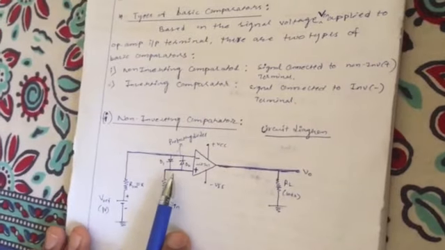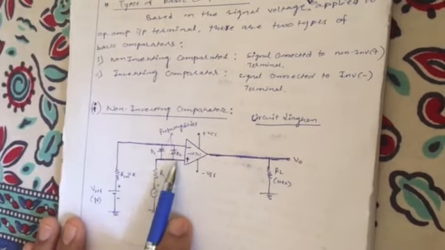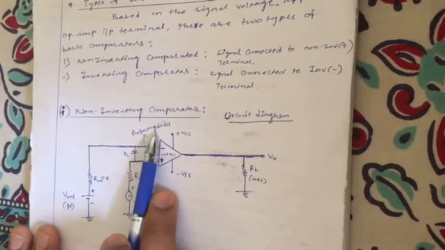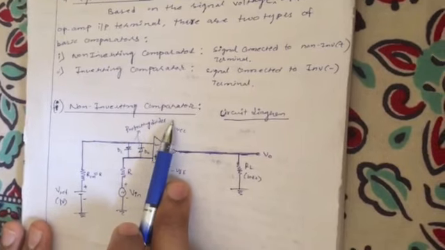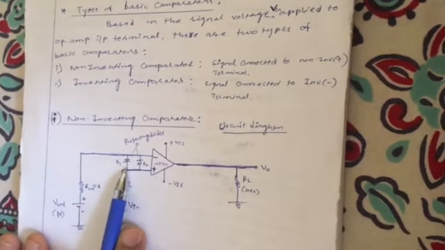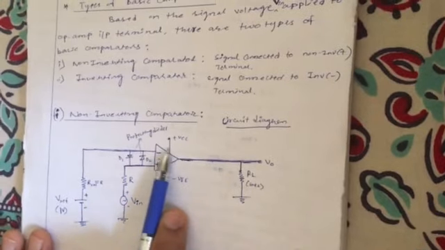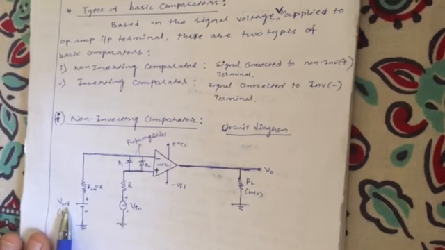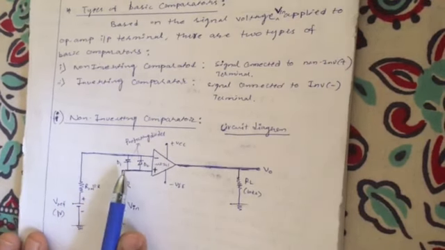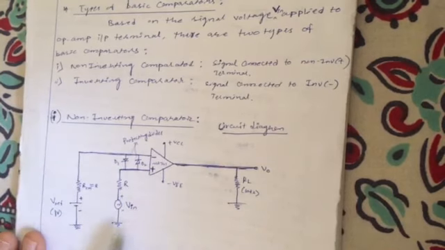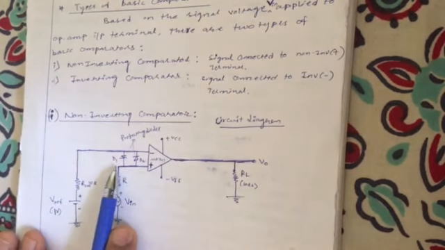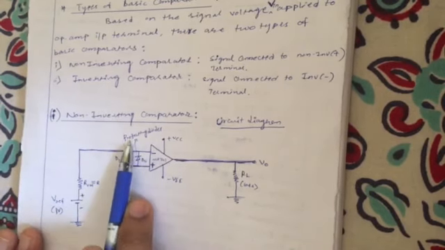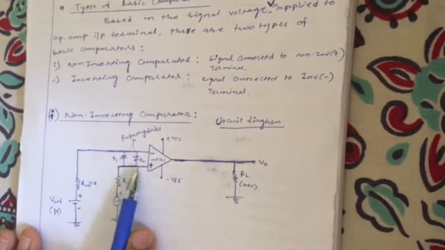Here we have taken two diodes which are connected back to back. These are called D1 and D2, and they are referred to as protecting diodes, or they are also called clamping diodes. These two diodes, D1 and D2, are used to protect the op-amp when excessive voltages come from Vin or Vreference. These are avoided with the help of D1 and D2. Therefore, in this circuit diagram of the non-inverting comparator, diodes D1 and D2 will protect the operational amplifier. Therefore, they are called protecting diodes, or also clamping diodes.